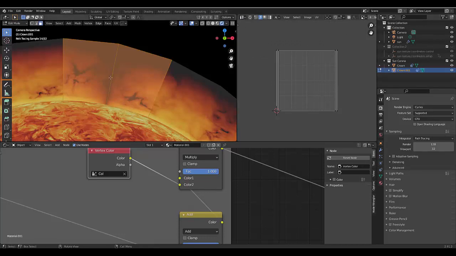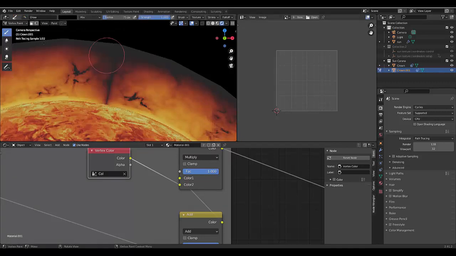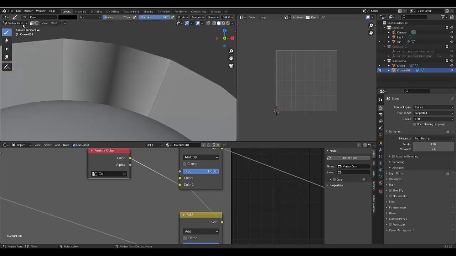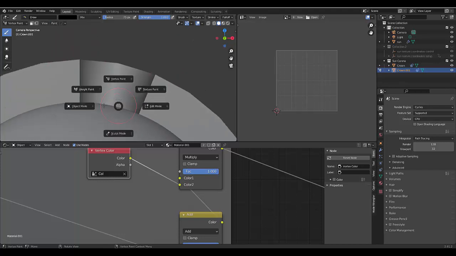Let's press Tab, go into vertex paint, click on paint. Well, let's use solid view mode so we can see. Click on paint and click invert. So now it's in the opposite direction as the other one, which is perfect. Press Tab, go into object mode,